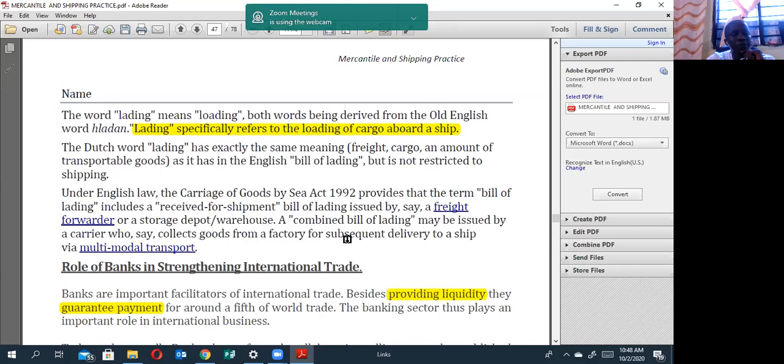So the word loading, which is used in the BL, simply means to load. It simply means the aspect of loading the cargo on board a ship. There's a Dutch word which has exactly the meaning of that, the freight cargo or amount of transportable goods. But under the English law,